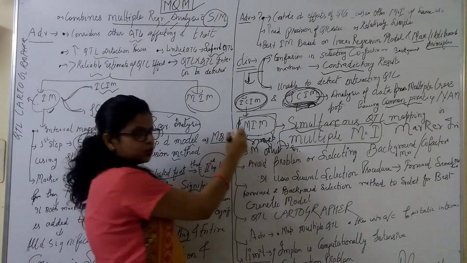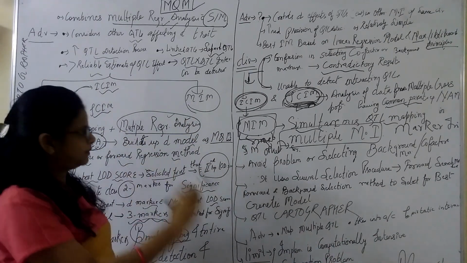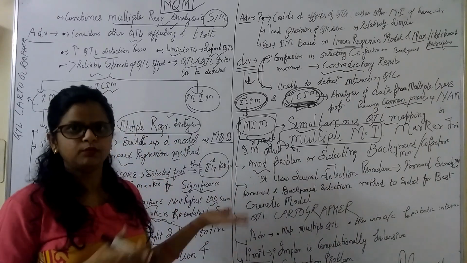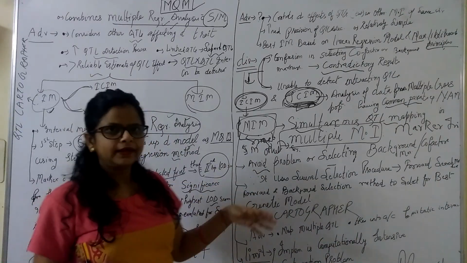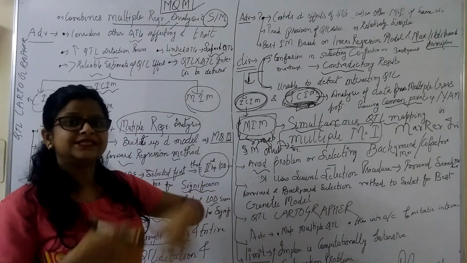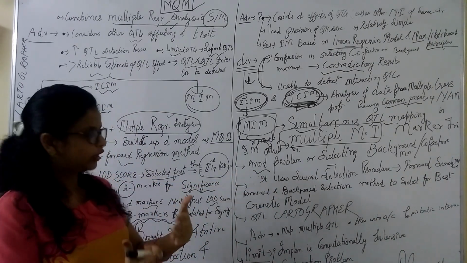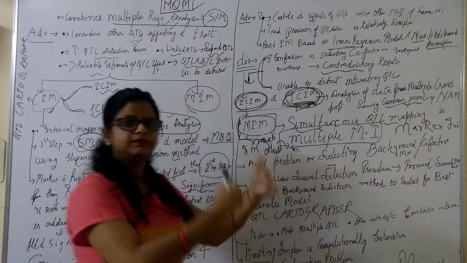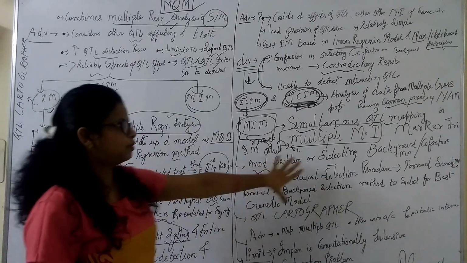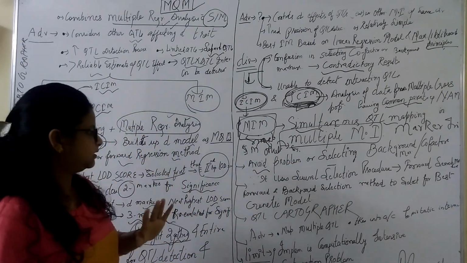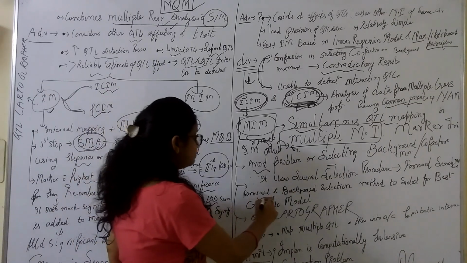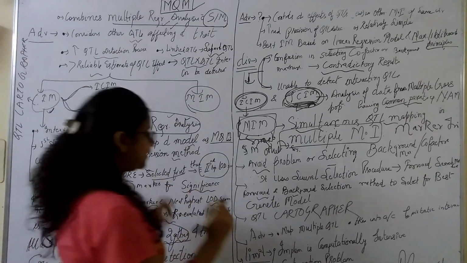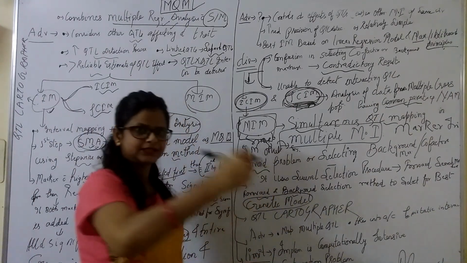The advantage over composite interval mapping is that it avoids the problem of selecting background markers or cofactors, because it provides several selection procedures. Here you go with forward search in several ways, so there is no problem in selecting the background markers or cofactors. Also, you carry out backward and forward selection methods, and then select the best genetic model based on that selection.